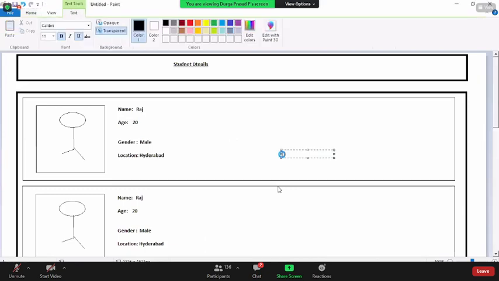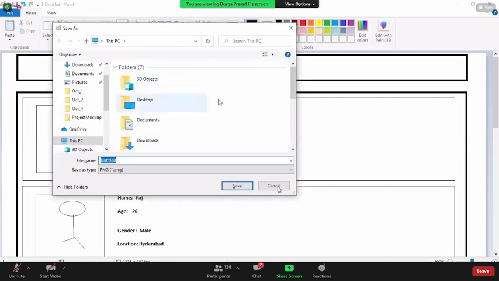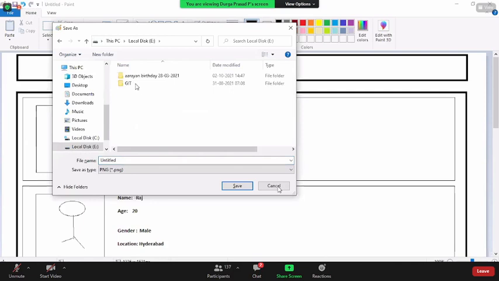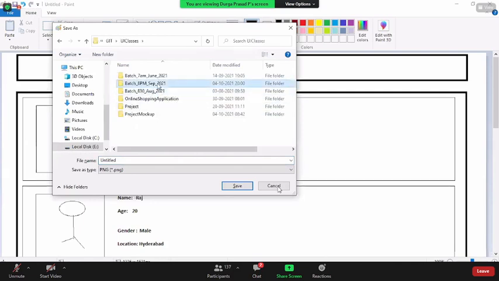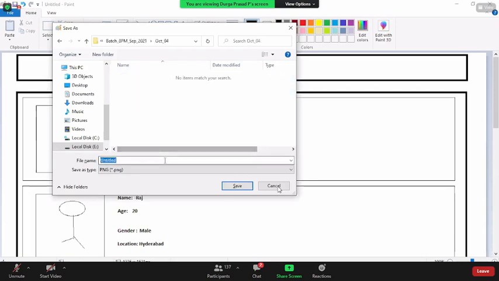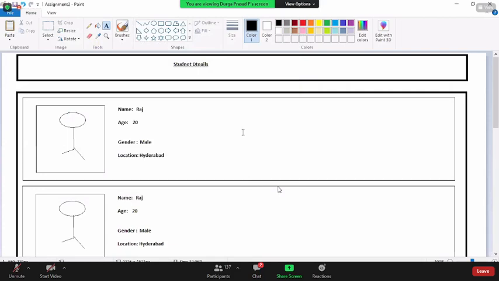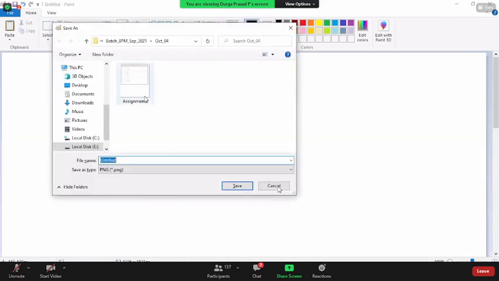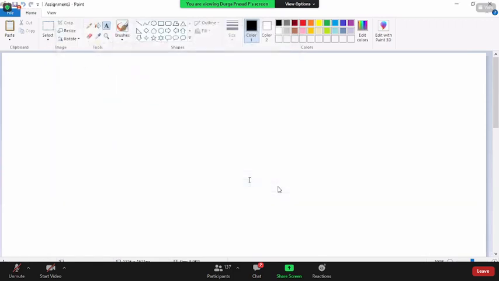One second, Rajesh. Let me save these. I'm saving this assignment into the same folder of ours. Hope everybody is clear with Git and you guys are getting the updates, right? It's 8 p.m., October 4th. I say this is the assignment. What is the count? 2. Based on this, let me give the third assignment also. After that, I'll come up with the example. I say assignment 3. Save this.